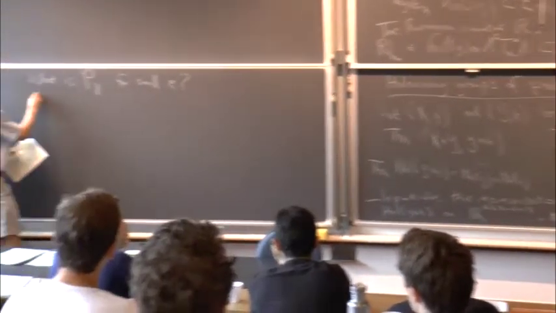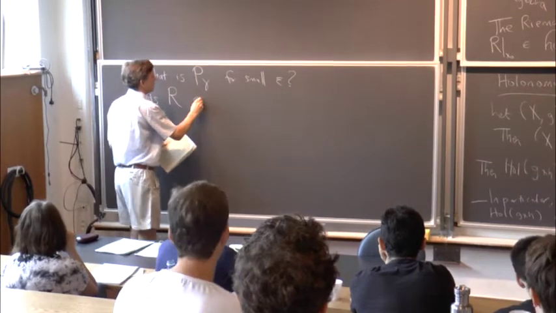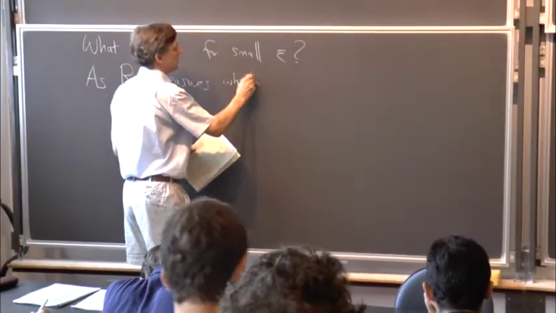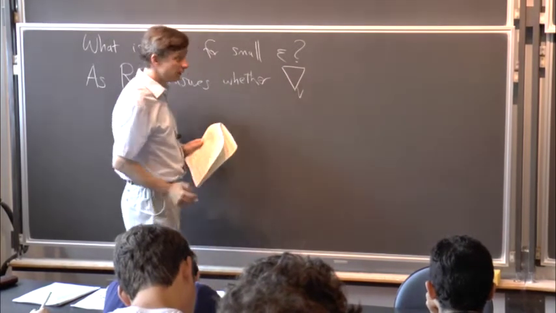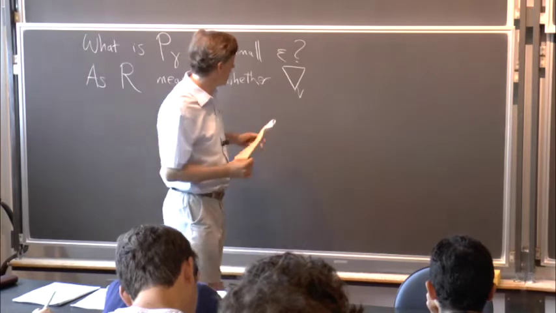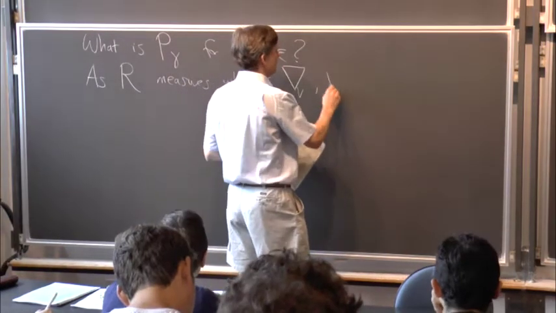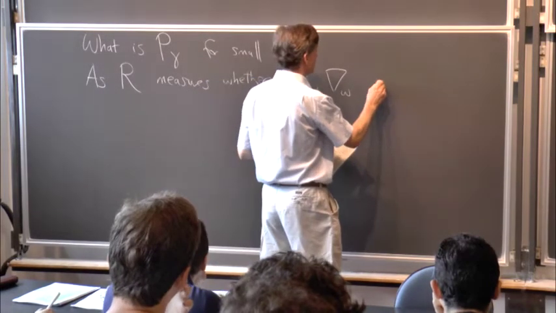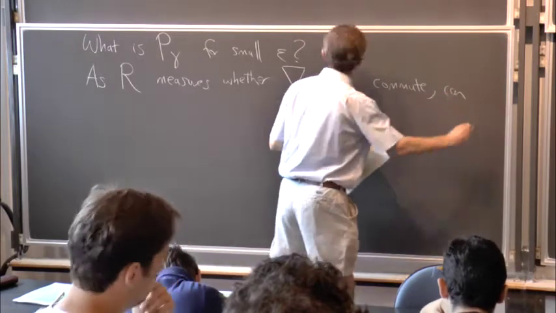So basically, because R measures whether the derivative in direction V using the Levi-Civita connection, and the derivative in direction W using the Levi-Civita connection, whether these commute, we can show that